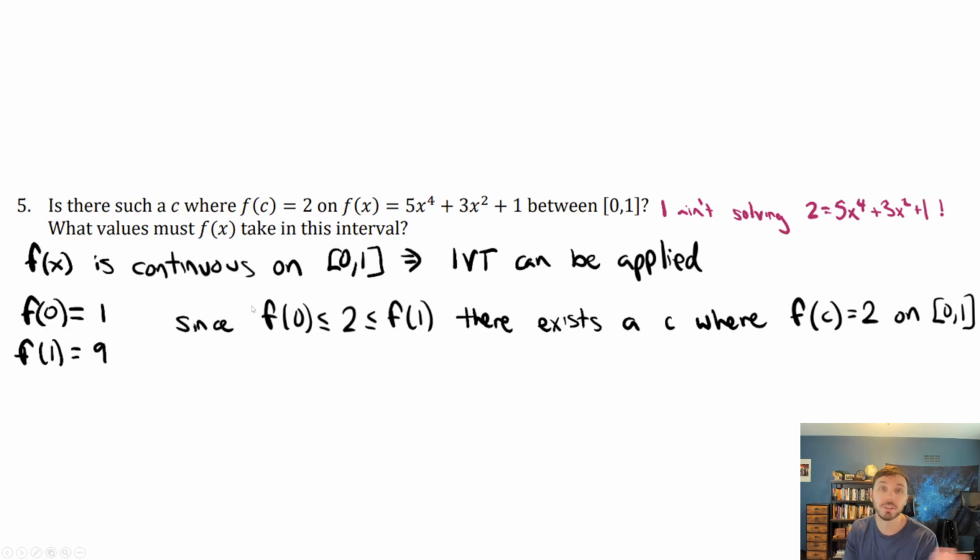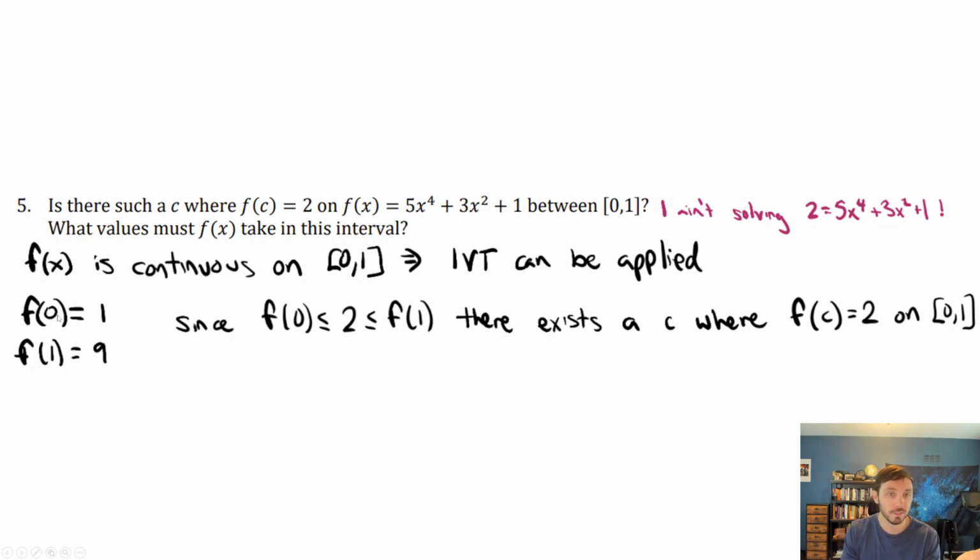We're just going to say the function's continuous from 0 to 1. You don't have to prove that. So then this implies that we can use the intermediate value theorem. I'm not solving this equation. This is way too much work. No thanks. All right, so what I did was I plugged in